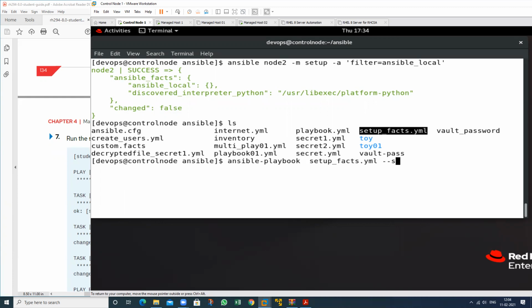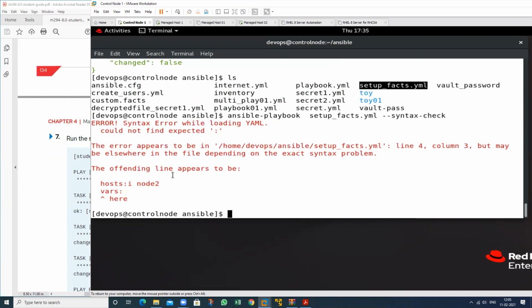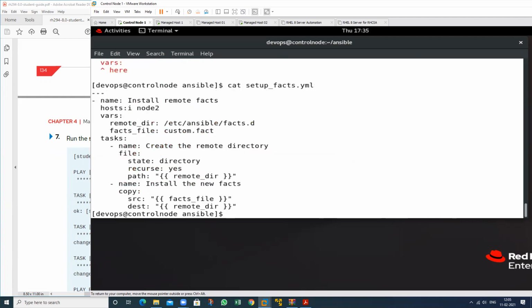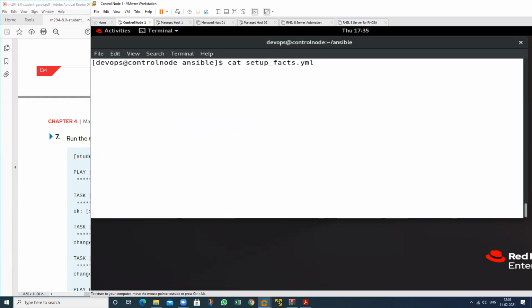First check --syntax-check. We have one mistake here in the syntax check, so go to this particular file again. This is my file. What type of mistake do we have in this? Setup.